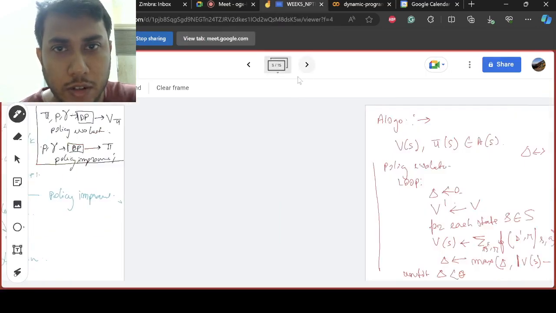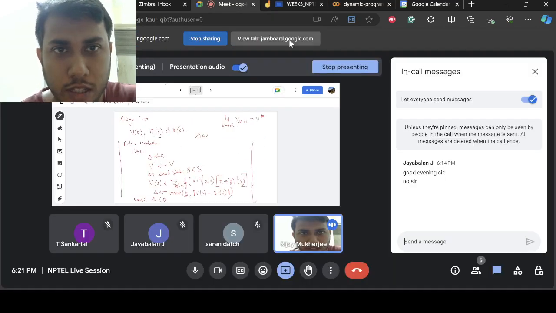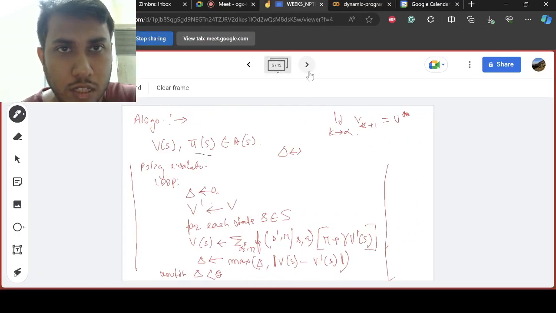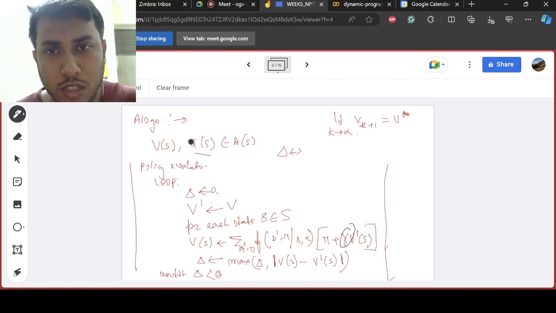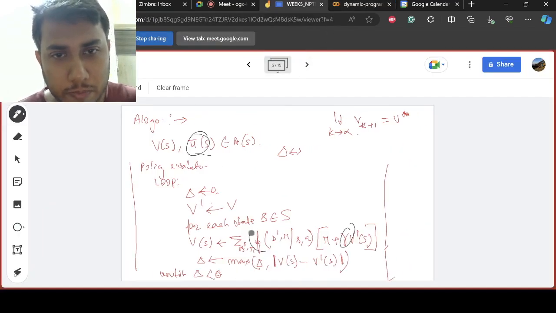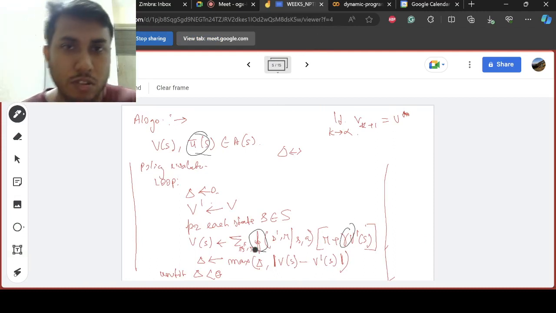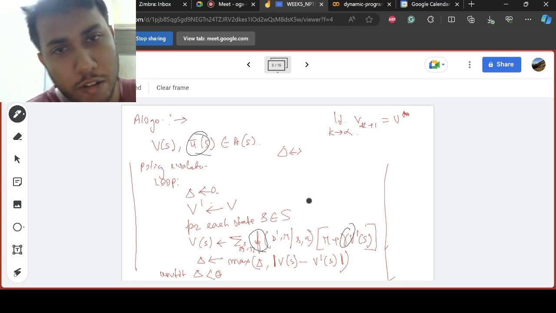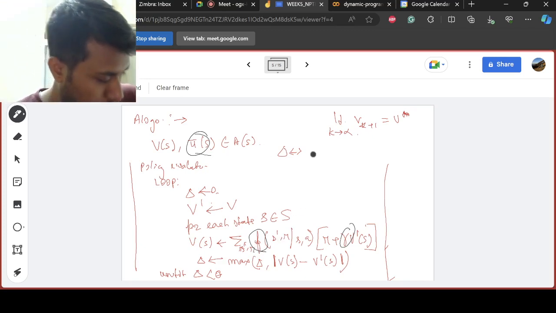So if you look at this algorithm, we have pi, the policy, and you require gamma. Gamma you will be given. This is the pi given, and the other part that is given is your probability distribution, the transition probability distribution. Those are all the things you require for your policy evaluation. So now once you have evaluated the policy,